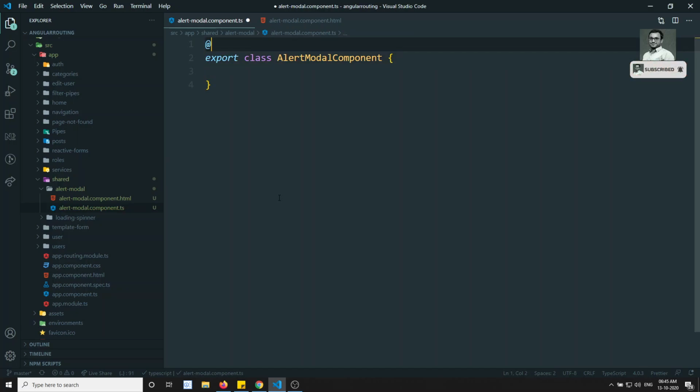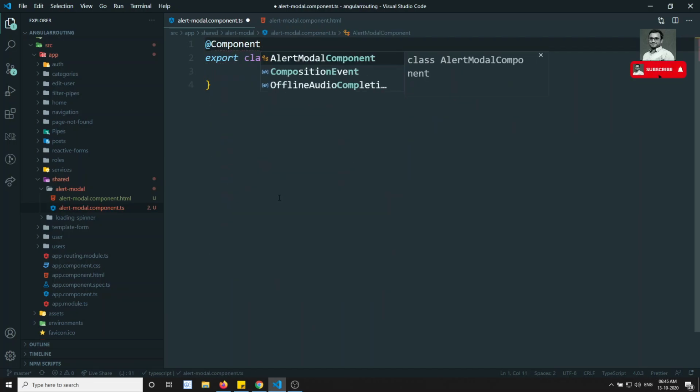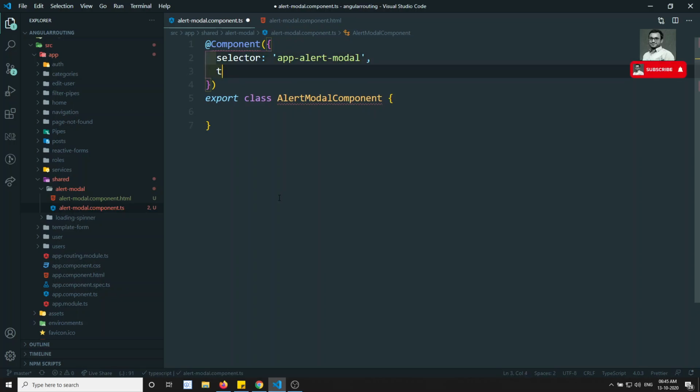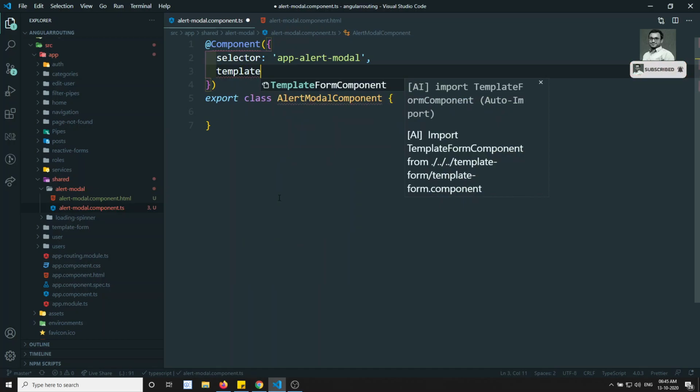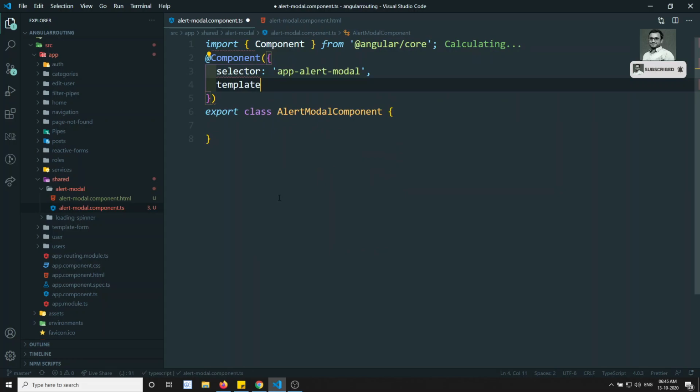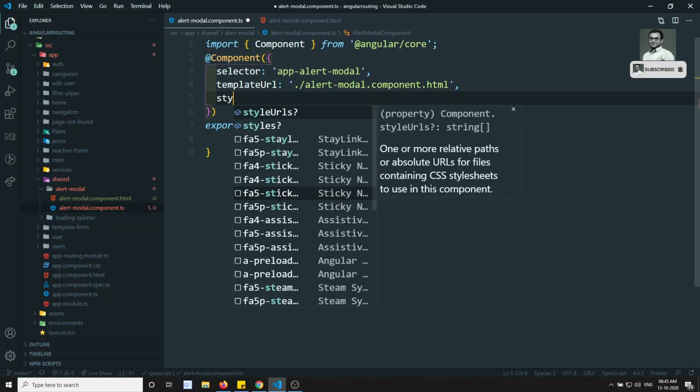With that component, I can give the selector app-alert-modal, and I can give the templateUrl, which will be alert-modal.component.html, and styleUrls.